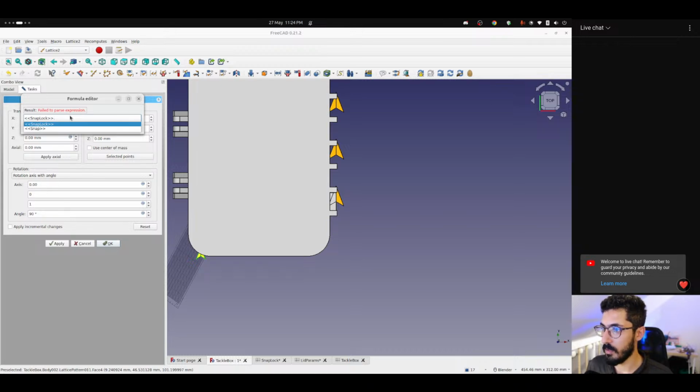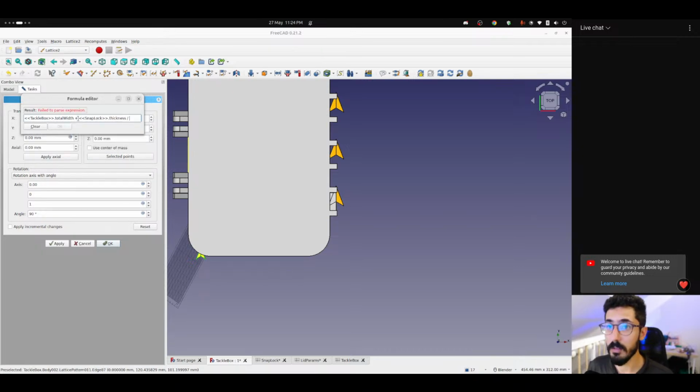Snaplock dot. So basically we want to get this placement at the first, like right here. So snaplock dot, not snaplock, tacklebox dot total width. It doesn't have to be at the first one, but it has to be somewhere on this. And I'll show you in a bit what will happen if we rotate it and what will happen if we leave it as it is. So total width plus snaplock dot